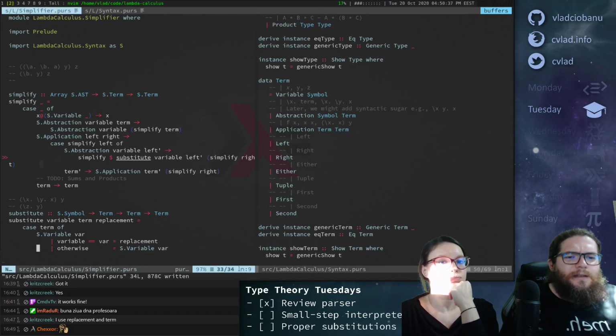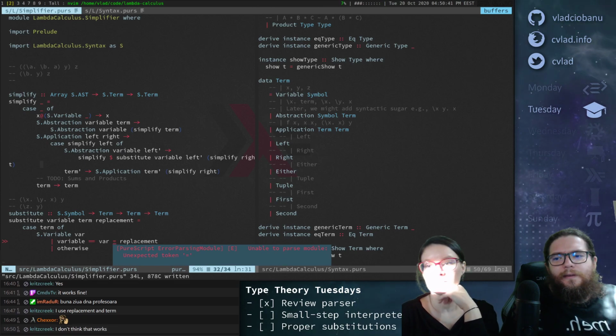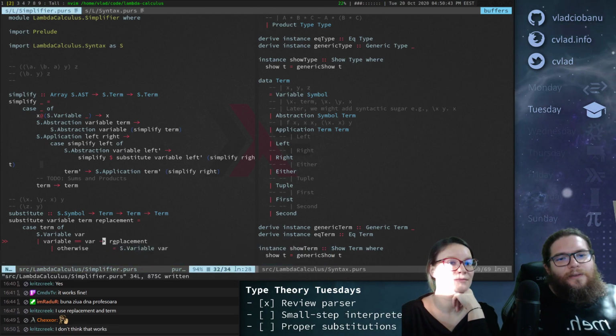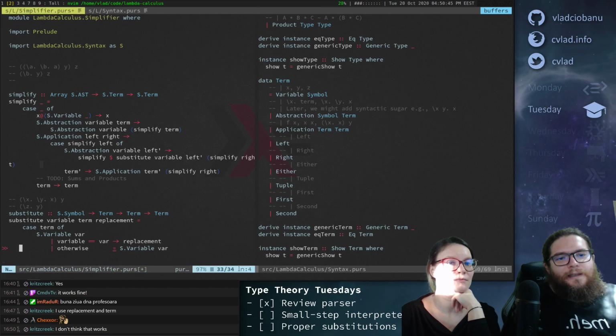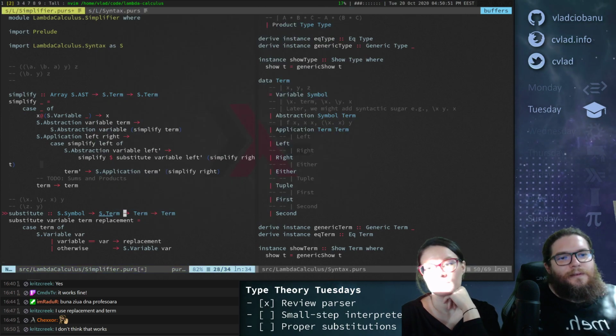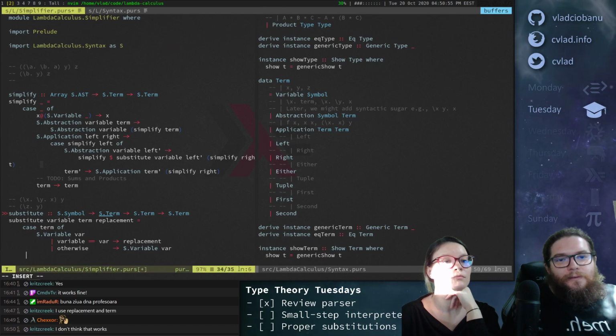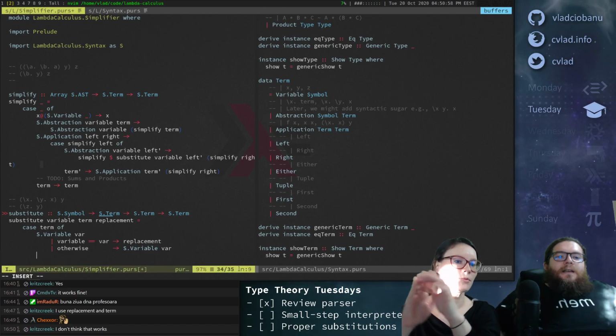Actually, is this valid syntax? I don't think you can have. Okay, is this valid syntax then? I think in Haskell it is, but apparently it's also in Purescript. Okay, I didn't know. Okay, so replacement comes with variable.